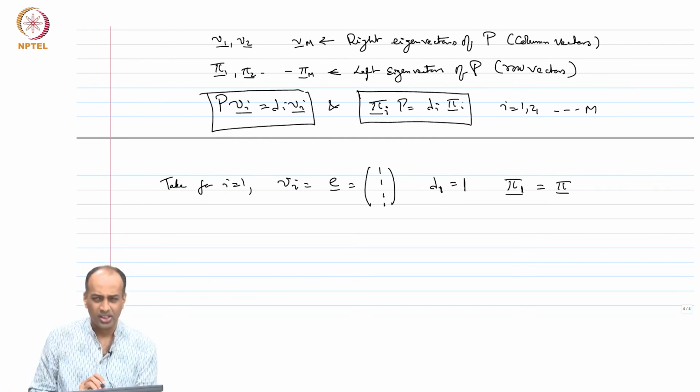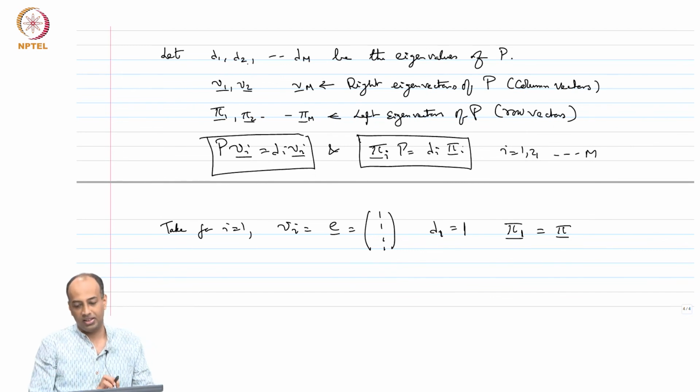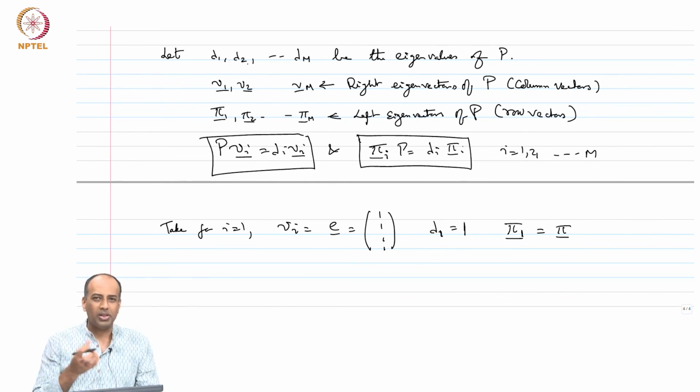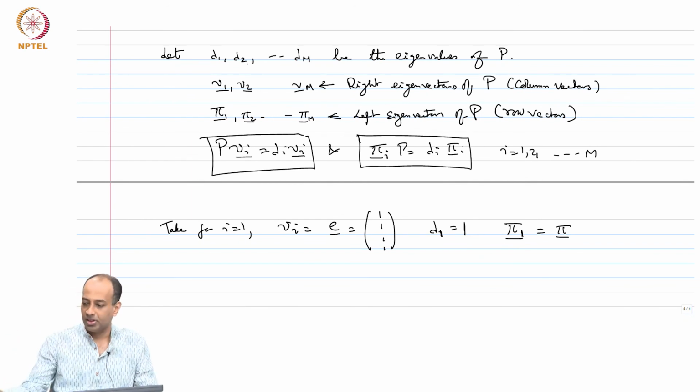Now, these eigenvalues lambda 1 through lambda m need not be distinct. They could be repeated. However, the best intuition comes from looking at the case where all these lambda 1 through lambda m are distinct. That is where you can get the clearest intuitive idea of what is really happening to these eigenvalues and eigenvectors, and in turn you can clearly understand how this P to the n converges to